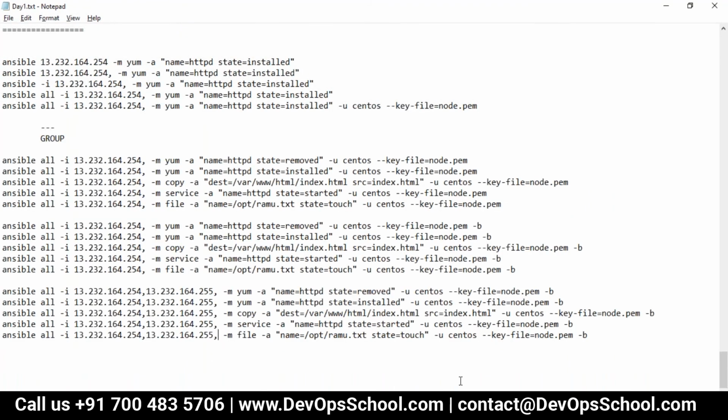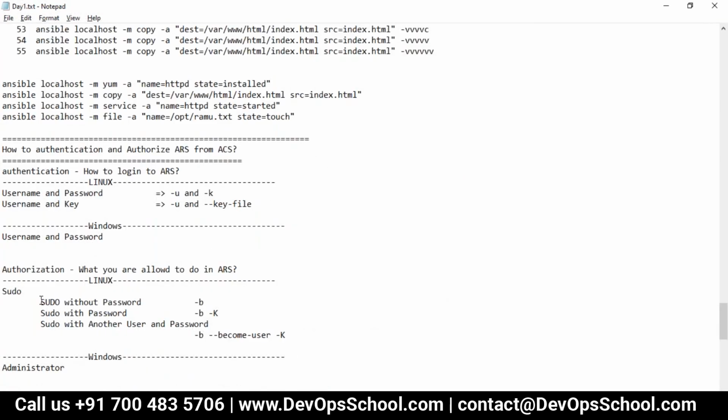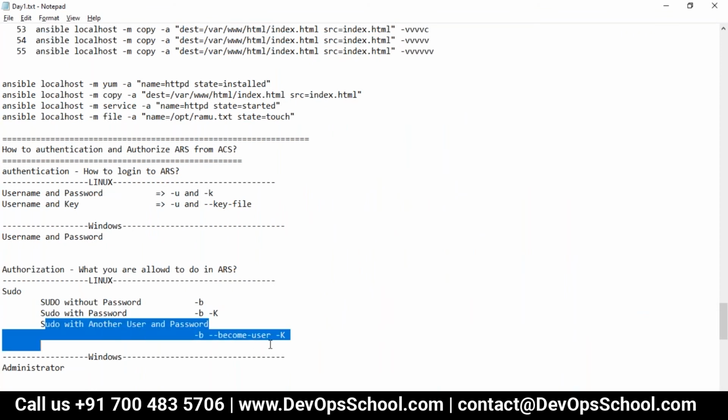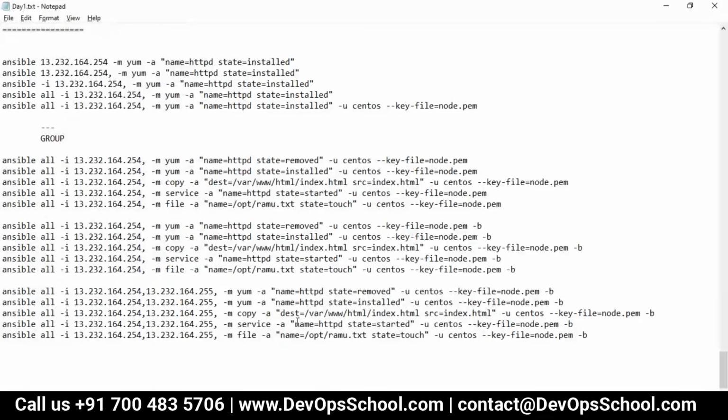But what about different machines with different kinds of permissions? How do we solve it? That is a problem, and we need to solve that also. It's not always the same user ID and password, or the same user ID and keys. The behaviors can be different. Maybe for some users you need -b, for some you need another option. So different behavior, how to handle that? I'll come back to this.